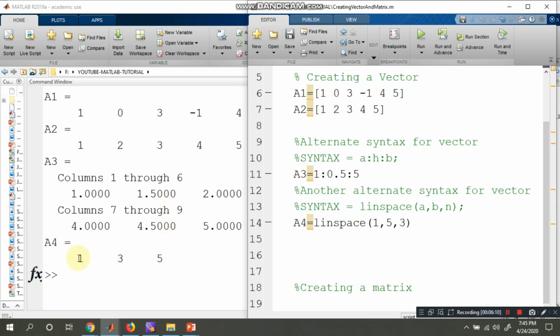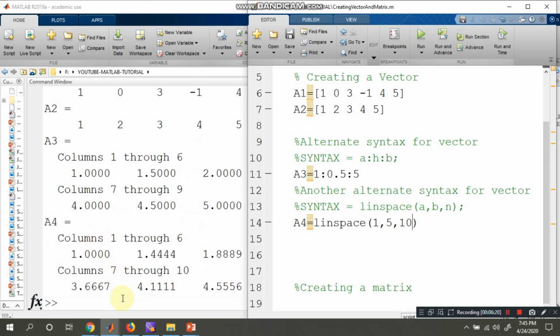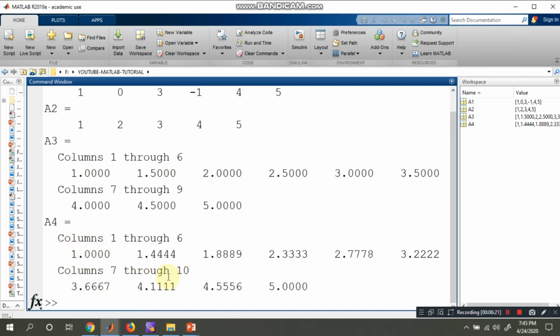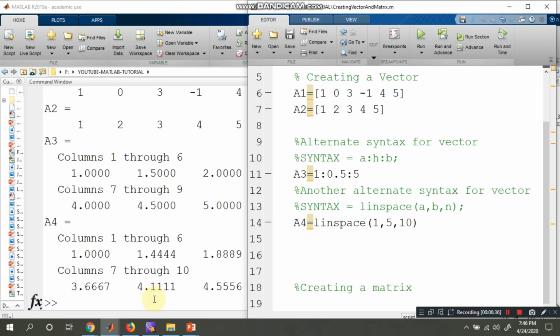See now, 1, 3, 5. Or you would like 10 points from 1 to 5. The spacing is different each time, since from 1 to 5 there are a total of 10 points. So this is how we create a vector. There are 3 different ways.